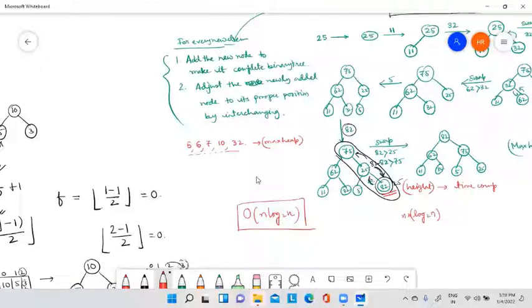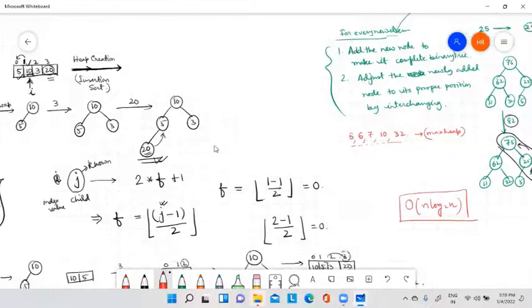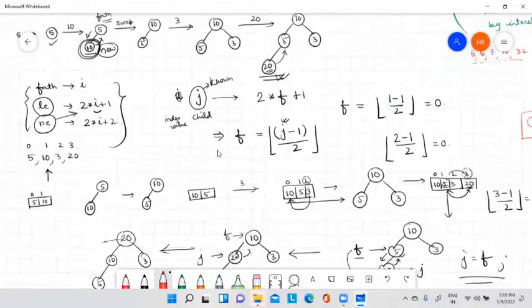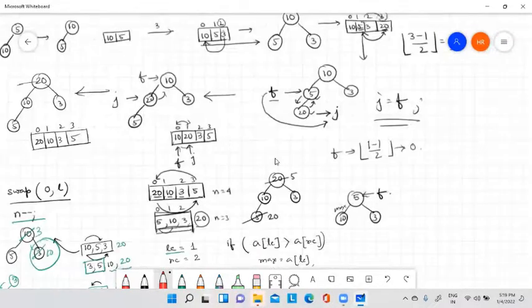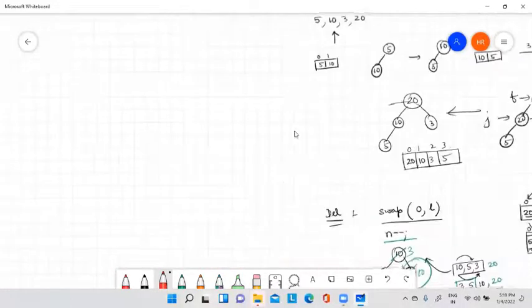Now here we are inserting an element by searching its position. So how many elements are we inserting? We are inserting n number of elements. So what is the time complexity? N into log n. Log n is the height. Okay. Any query other than this? Okay.